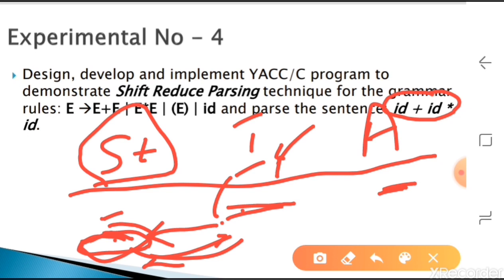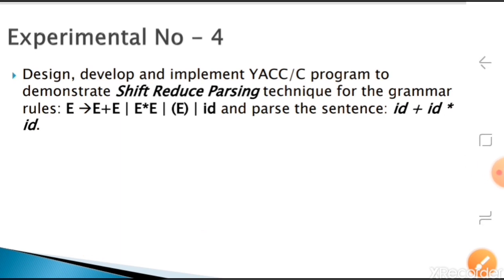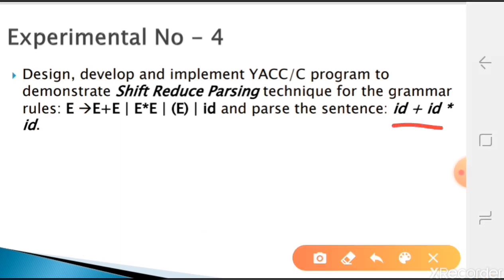So for that purpose we have to write the program. Here our stack should contain only E in the end, because our grammar has only one non-terminal, which is the start symbol of our grammar. If the stack has E, it means it executed successfully. Whenever the input gets over, at that time the stack should have only E.